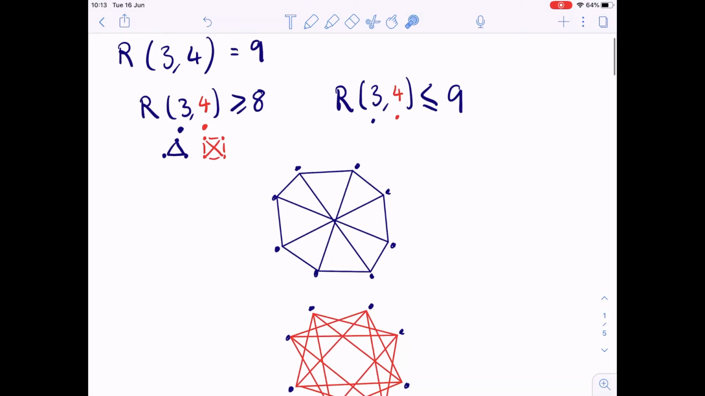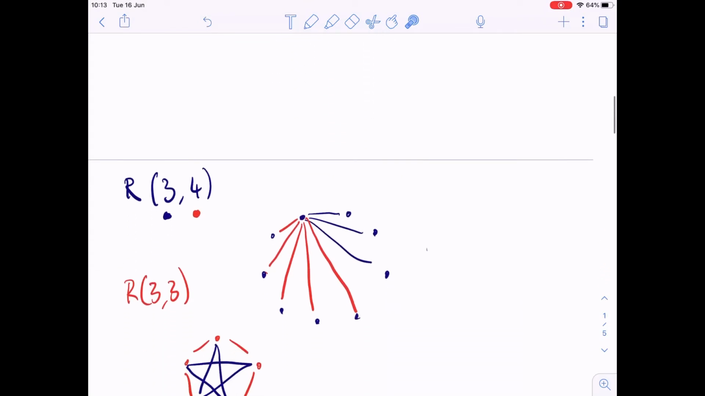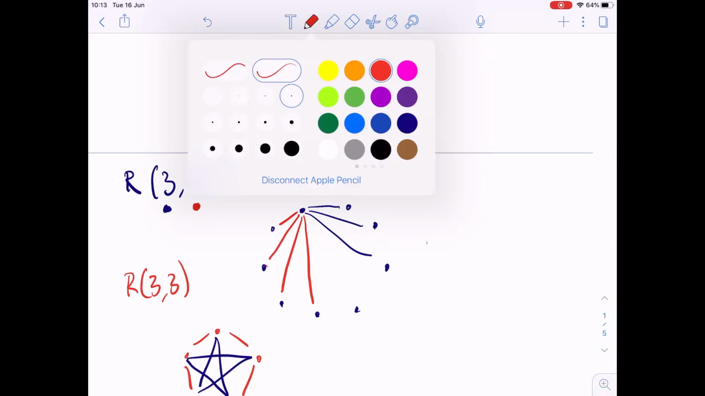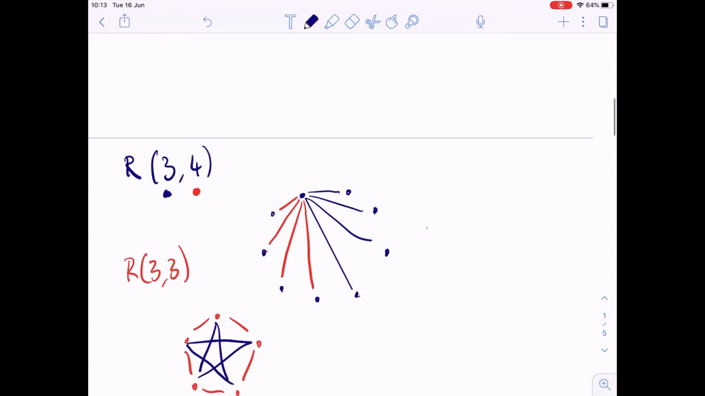So I'm going to start off by thinking about a single node and its connections. Let's start off by thinking about, well, what if we had an equal split? What happens if we had 4 and 4? If I have 4 nodes on the right hand side here, which are blue, remember I'm trying to prevent a blue triangle from happening, none of these nodes can be connected to each other in blue, otherwise you'll yield a blue triangle. I mean, just look at one of them. We've already got